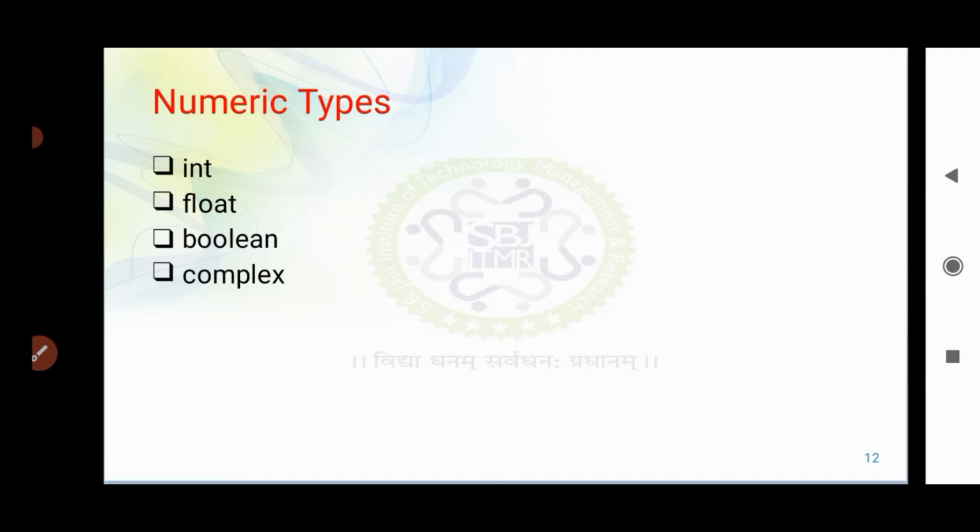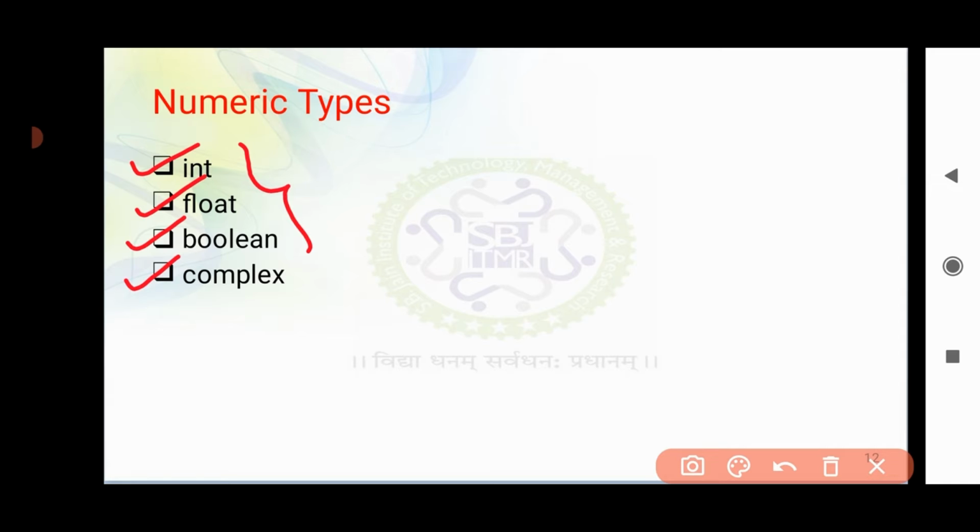Okay, now next we have another data type, that is numeric data type. In case of numeric data types we have four different data types here. The first one is integer, then we have float, then Boolean, and then complex. Coming to the first three, integer, float and Boolean, we have already seen them as we have worked with the C programming language.